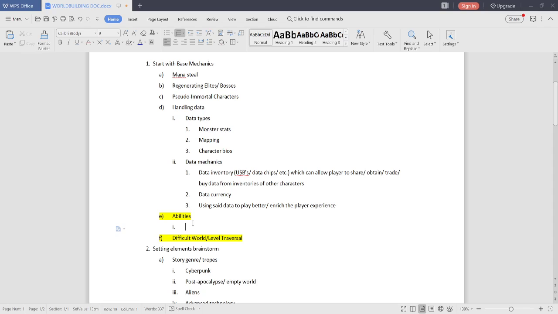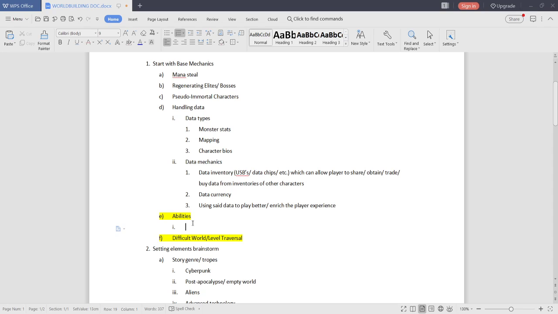Also to lessen the amount of work I have to do, but increase the effect of what I will do. Because if I had to make every single ability unique and there's no other aspect to them, they're just the ability in general, even if I made 30 abilities, it would still not be as many combinations as if I made, for example, 12 abilities, but then there are four elements. So there are four versions of each ability, which means there will be technically 64 abilities total.